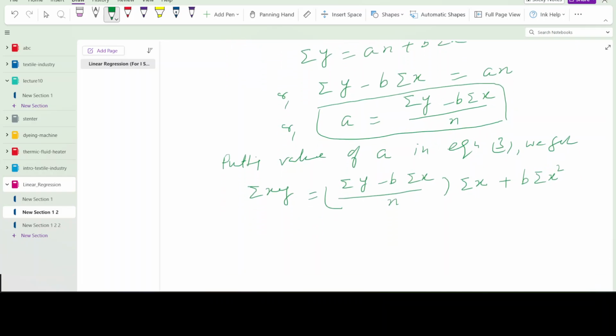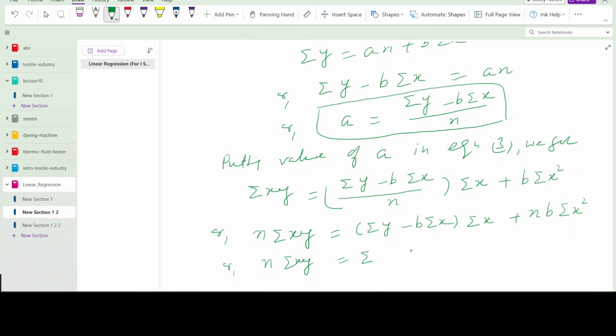We will expand it. n will come this side, and sigma y minus b sigma x multiplied by sigma x plus this term, it will be multiplied by n, b sigma x square, or n sigma xy is equal to,